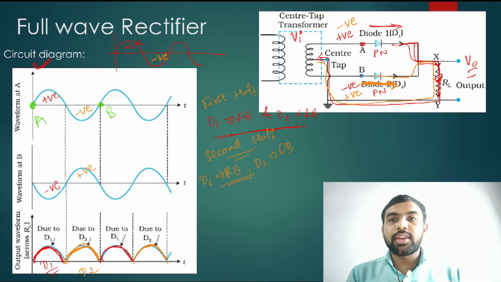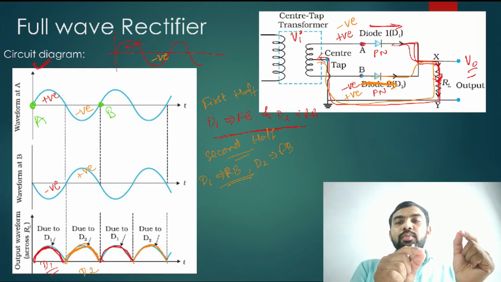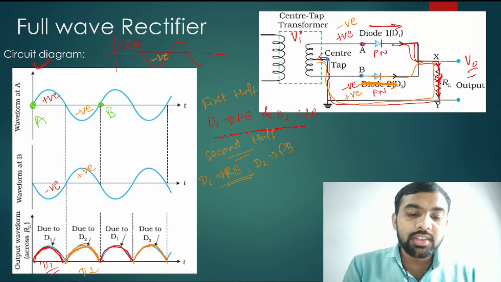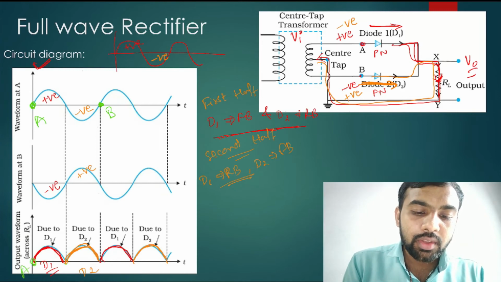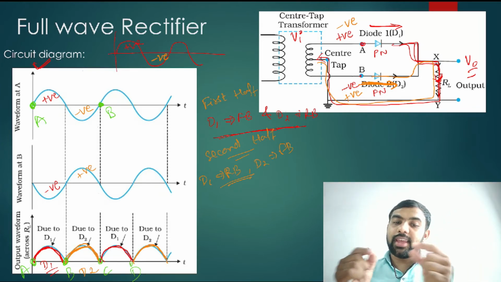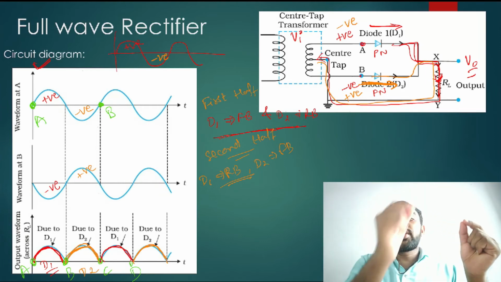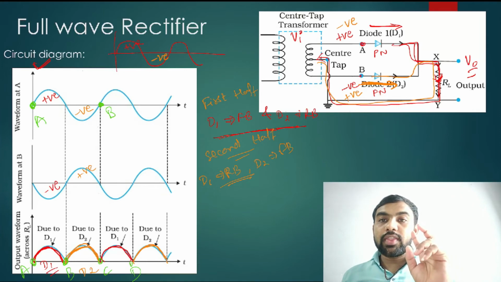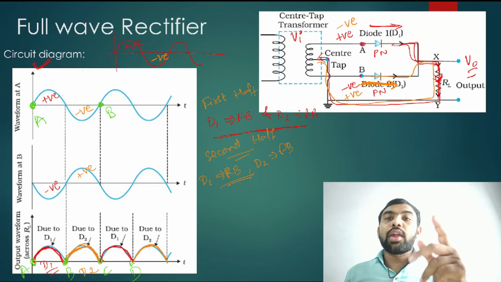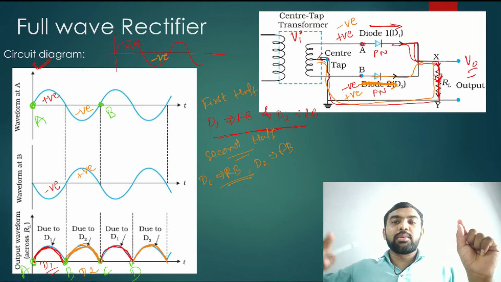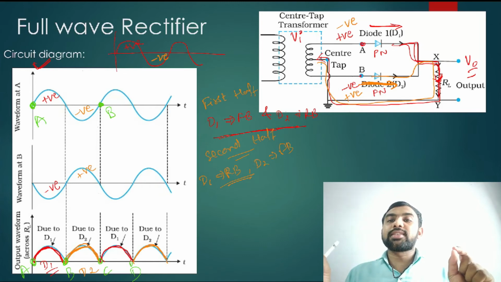But if you consider the output voltage, see, one cycle, then it repeats. If that is A, then here it is B, here it is C, and here it is D. So A to B is the first cycle, B to C the second cycle, C to D the third cycle, while for the input A to B is the first cycle and then it repeats. So when one cycle of input is complete, two cycles of output are completed.